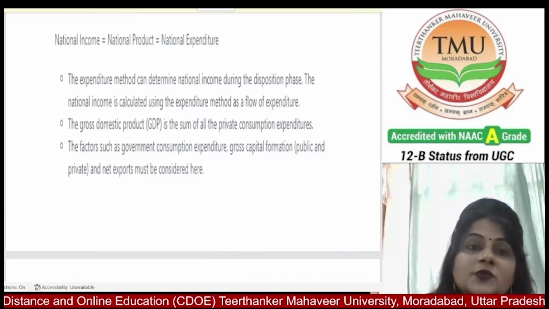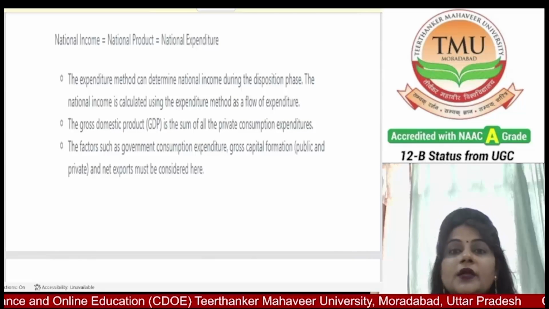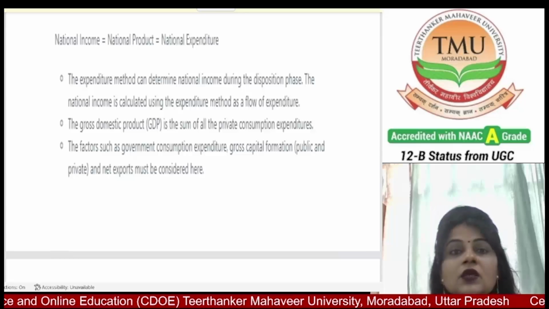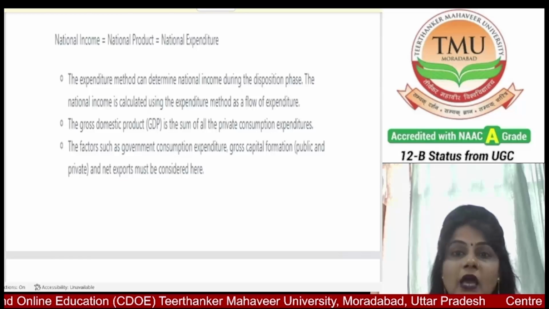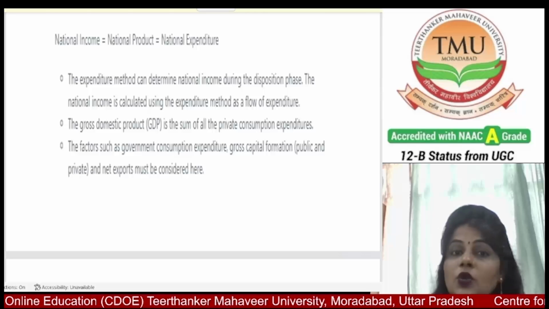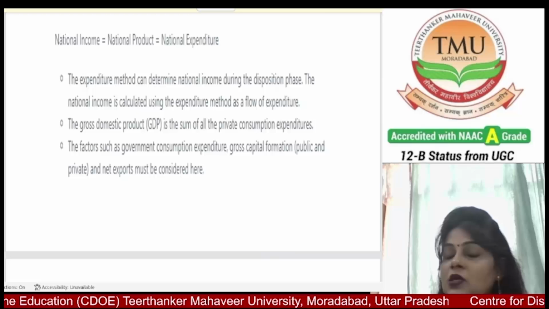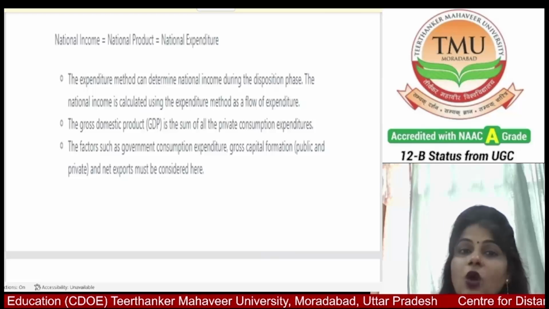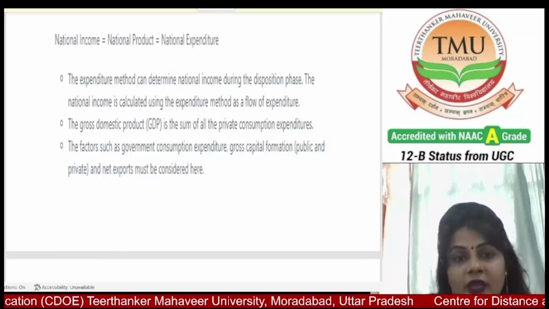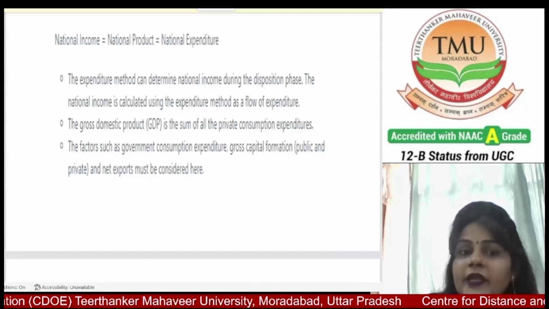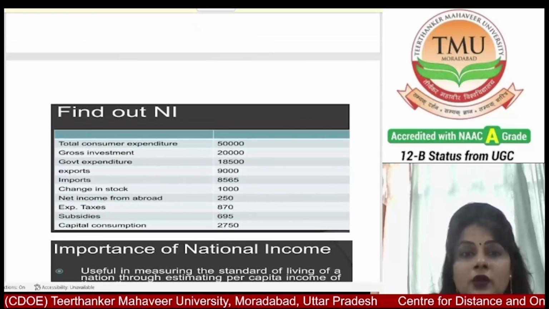You can say the expenditure method can determine national income during the disposition phase. The national income is calculated using the expenditure method as a flow of expenditure. The gross domestic product (GDP) is the sum of all private consumption expenditure. Factors such as government consumption expenditure, gross capital formation, public and private, and net export must be considered here. You can find out in